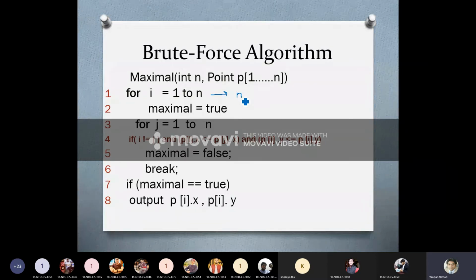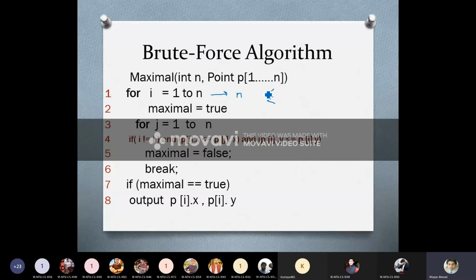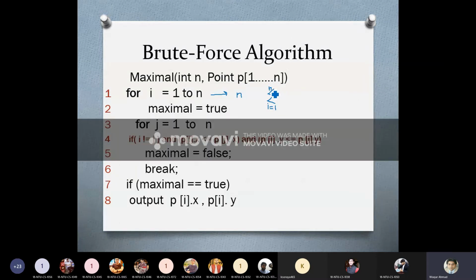Now, because this is a loop, normally for loops we use the summation symbol, the sum symbol. We refer to the start of the loop at the bottom of this symbol: the value of i is equal to 1, and after that this loop will be executed n times, and above this symbol we mention the ending of the loop.